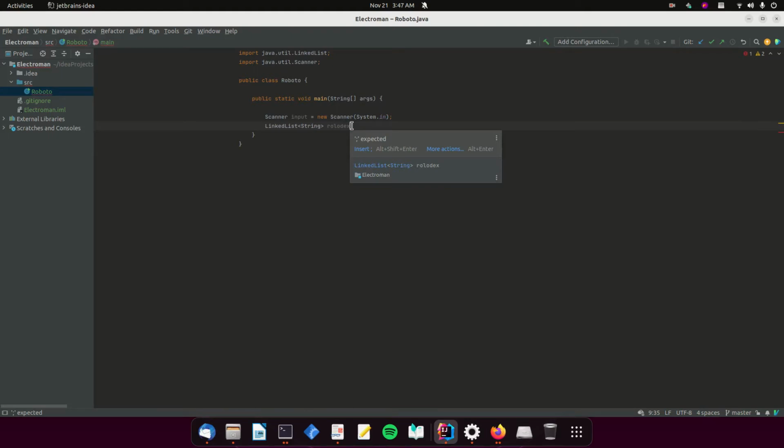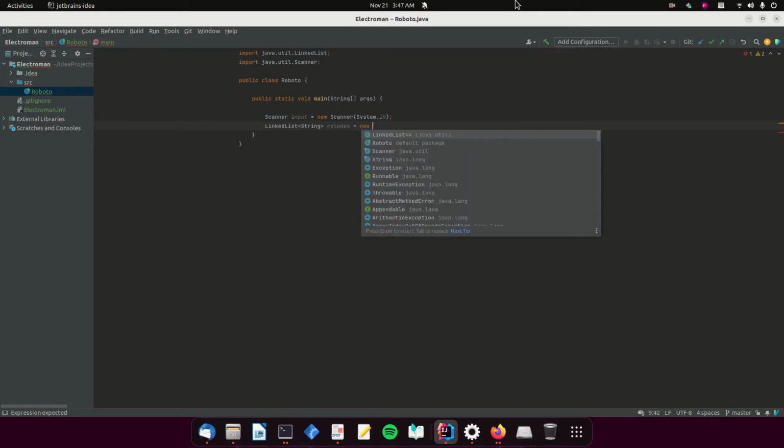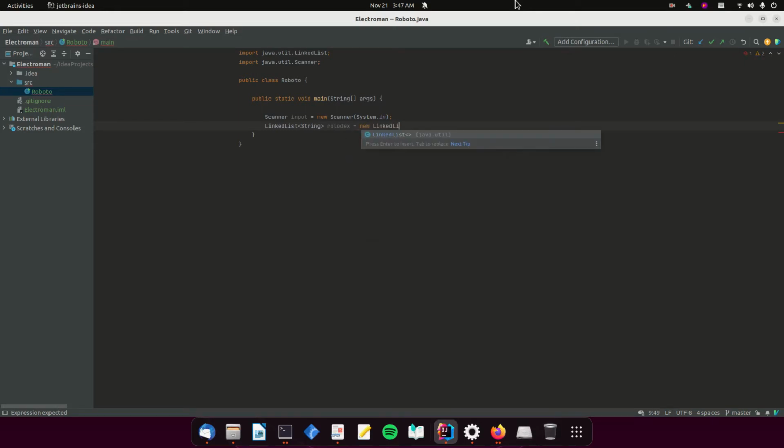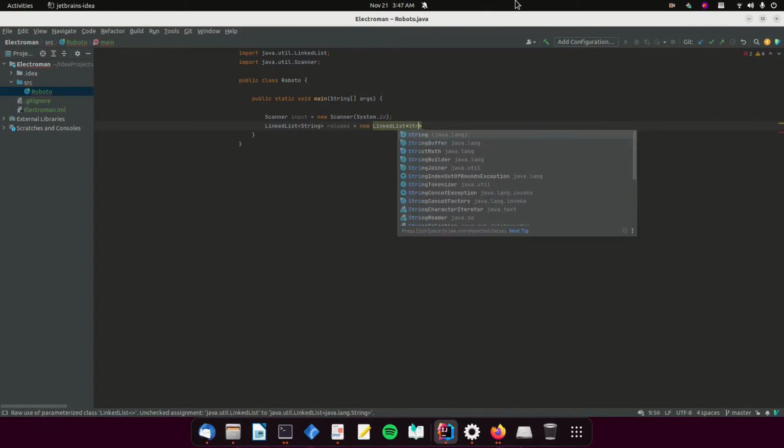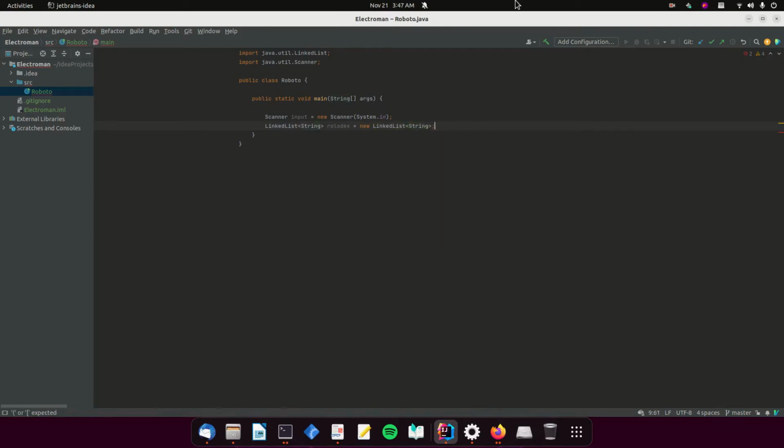Alright, so we're going to name it Rolodex, and we're going to do new linked list, and let's just say it's a string type, and we need these parentheses. Alright, so now that we have the linked list up and ready to go,